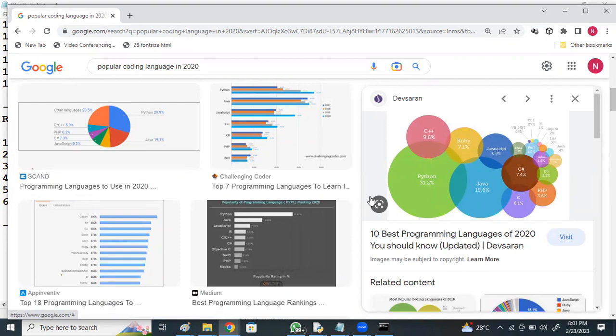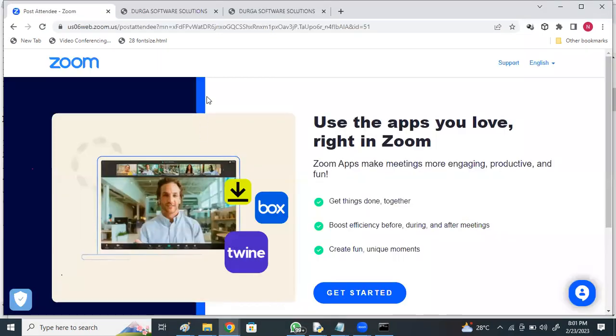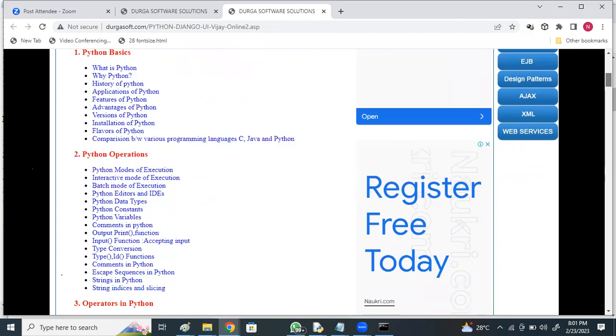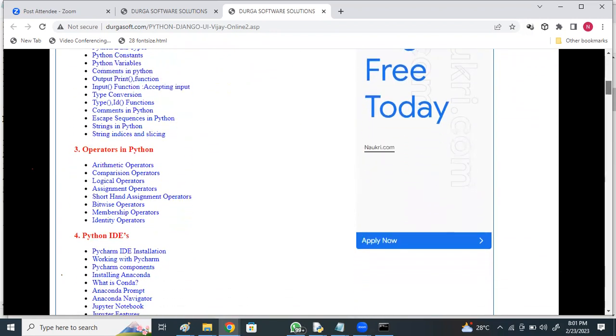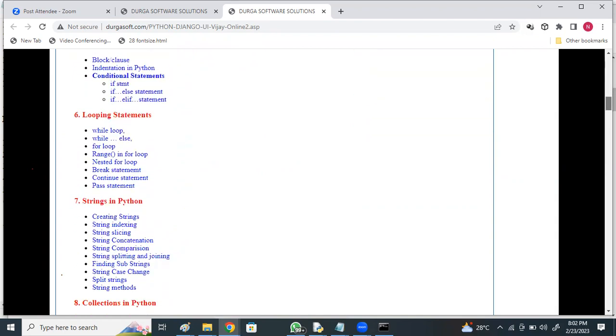And if you see the course content, what we are going to discuss in brief as part of this, it will be Python core, Python advanced, application oriented modules, like total full stack will be discussed. See this course content: Python operations, operators in Python, Python IDEs. So in real time, we use IDEs, where we can write the Python code and execute. So I'm going to show you PyCharm, PyDev, Jupyter, Spyder, Eclipse, NetBeans on all this. So IDEs, flow control statements, looping statements,